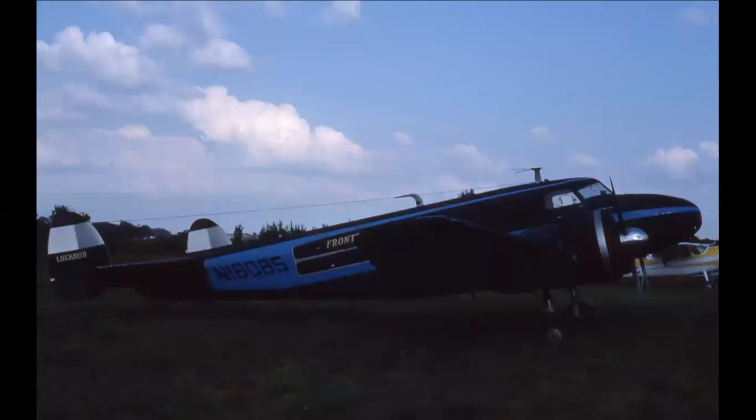This picture is kind of dark, but it was a dark blue and black airplane. It was a Lockheed 12. It's said to have been RCAF 7642 during the Second World War, but the serial numbers don't match up with anything else. This particular aircraft was used in a documentary about